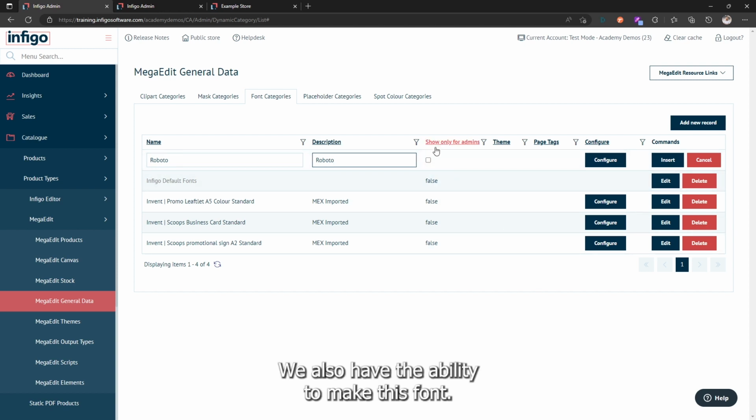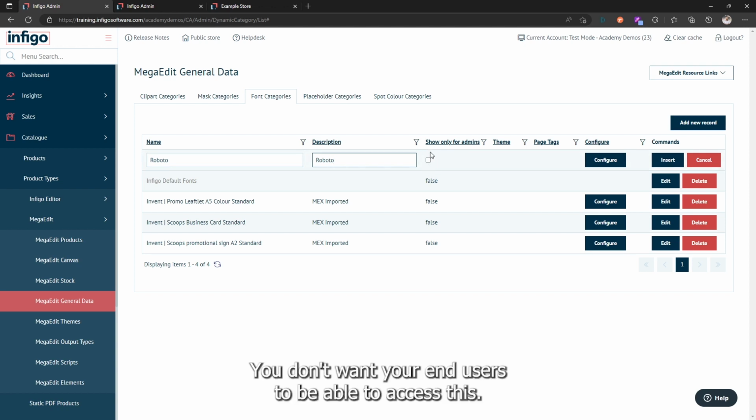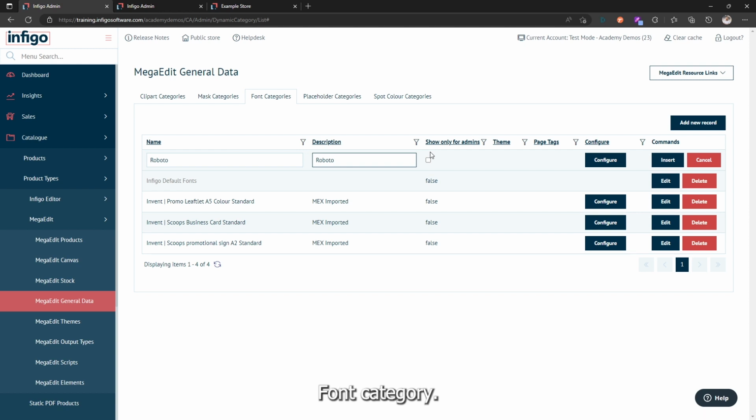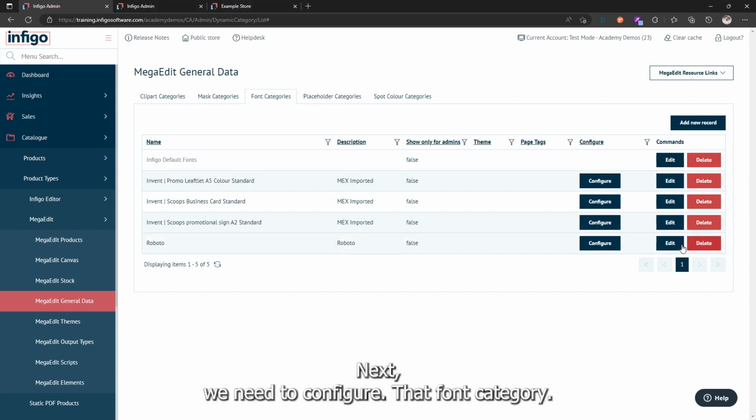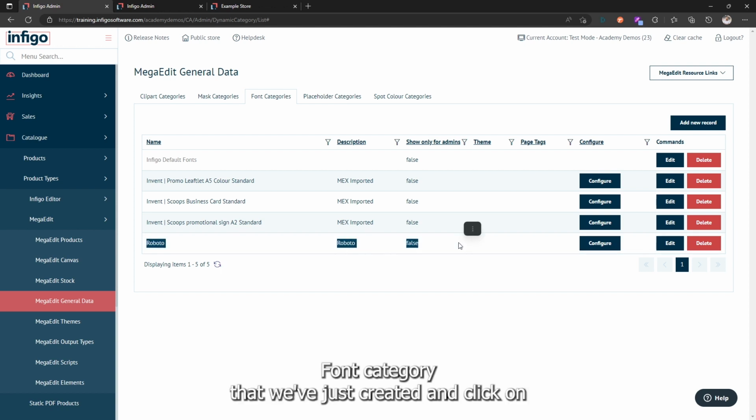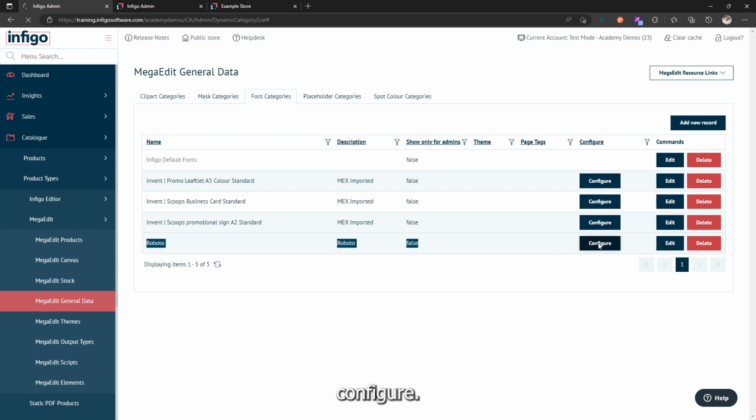We also have the ability to make this font category available only for administrators. So if you don't want your end users to be able to access this font category, then you can check that box and then click Insert. Next, we need to configure that font category. If you find the font category that we've just created and click on Configure,